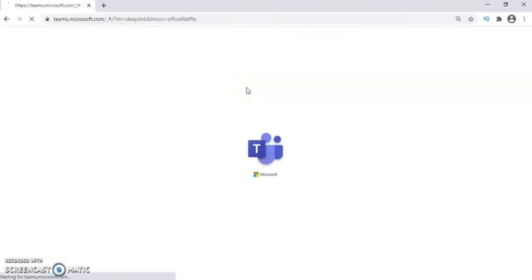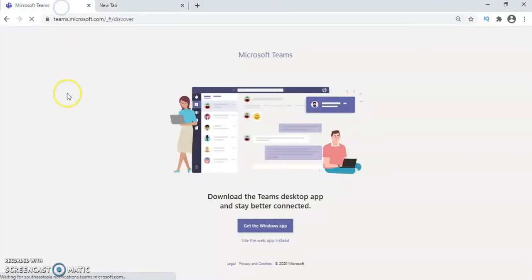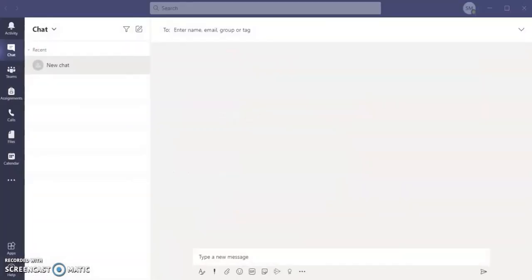When you log in for the first time through the browser, it will ask you whether you want to download the desktop app or continue within the browser. For the best experience, you can select the Windows app, and this desktop app is available for Mac operating systems also. You can get both types of apps from the Microsoft site's download section. I have put the link in my description, from where you can download the desktop app for Mac OS also. Otherwise, if you want to use it within the browser, you can use the second option. I have already downloaded this on my desktop.